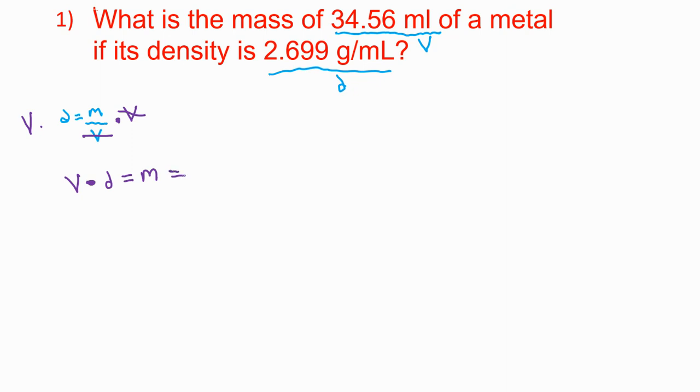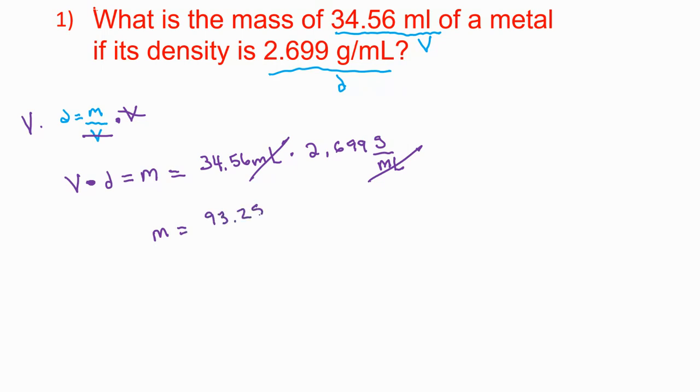I'm going to plug into this equation my volume, 34.56 milliliters. I'm going to multiply it by 2.699 grams per milliliter. I'm going to cancel units. This is a good practice to get into. This is how you do that. Here I have milliliters on top. Here I have milliliters on the bottom. They cancel with one another. If I solve for this by multiplying these two quantities, I get mass is equal to